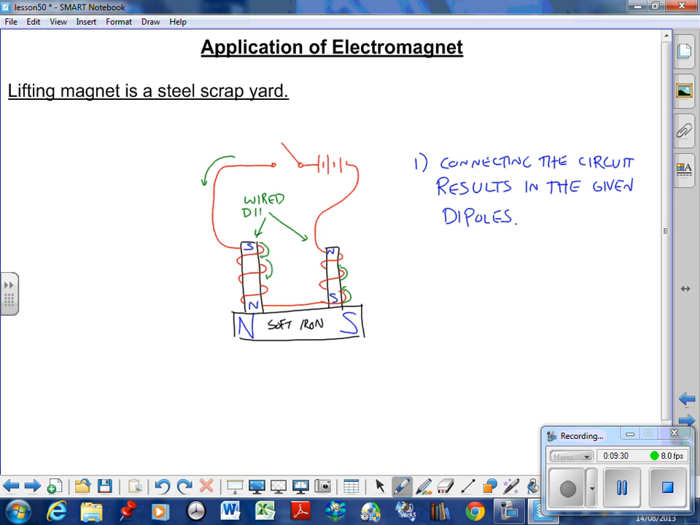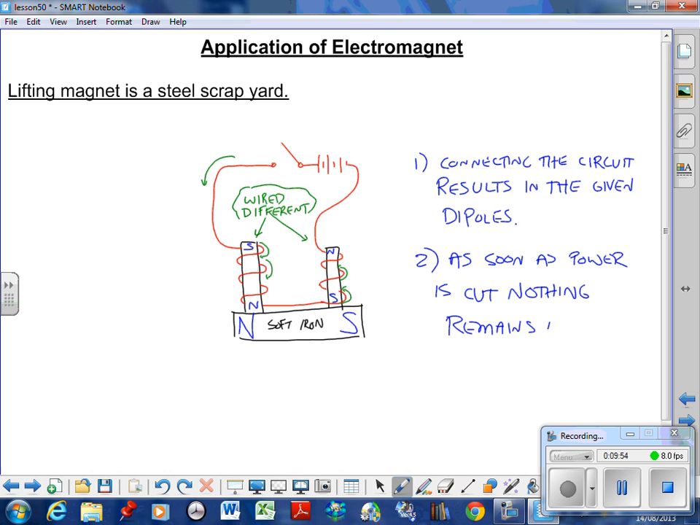Wired different. And that's what gives you the north and south. You got to be very careful on the direction of the coil here, okay? Secondly, as soon as power is cut, nothing remains magnetic. All right, so as soon as you cut the power, all the stuff that's magnetic there with north and south